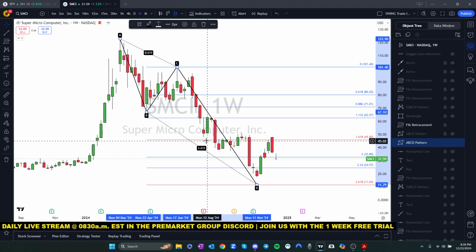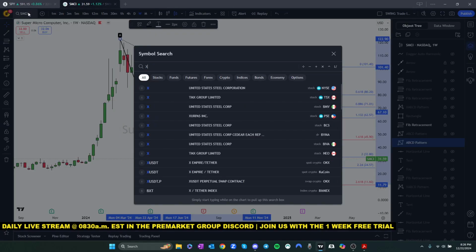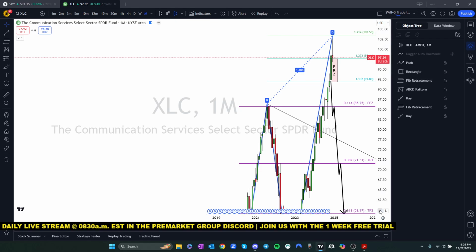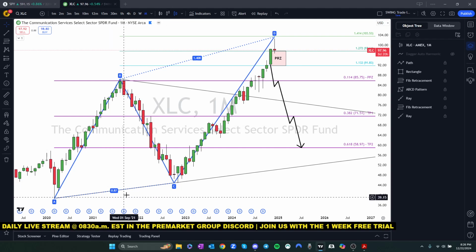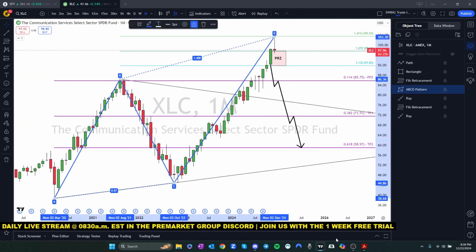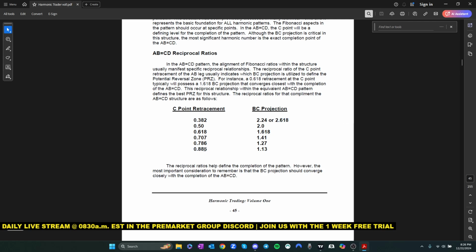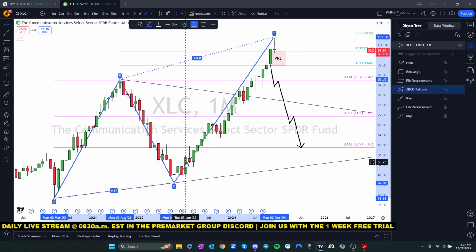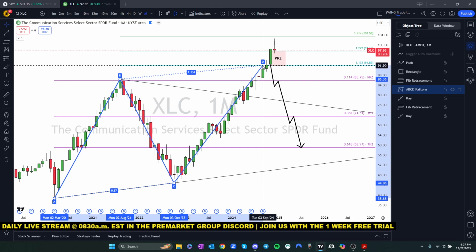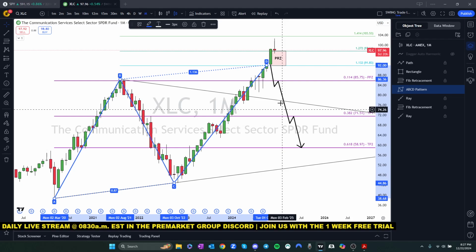So the big so what with that is, if we do go to, and I'll take a look at XLC to give you an example, which is the communications ETF. So if I look at this, what was the retracement down here? I think 886 basically. Yeah, so then if you look at this chart here, 886, what is the projection for the 886? 1.13. So when we bounced off the 886 down here, we're trading at $53. My initial target was the 1.132, which is right here for the retracement,